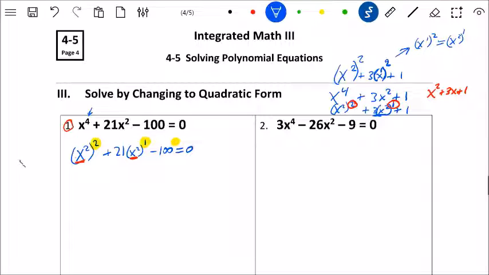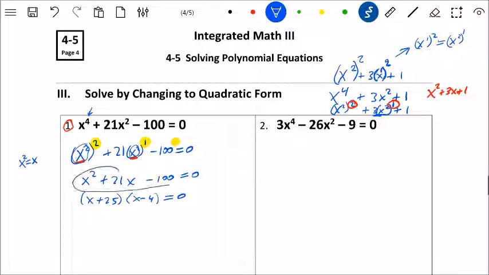So now I'm going to say for a moment that x squared is equal to x. That means replacing this x squared with x plus 21, replacing this x squared with x. And now that I've done that, I can solve that perfectly normally. That factors as x plus 25 and x minus 4. Once I've factored it, because by making a quadratic here I can then factor it, or I could use the quadratic formula,